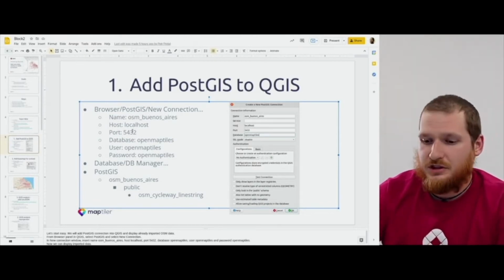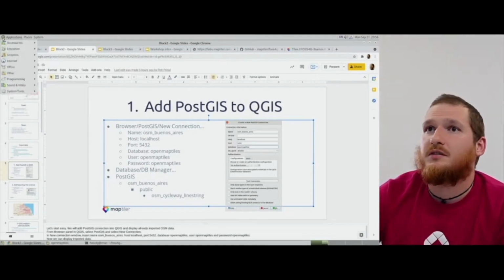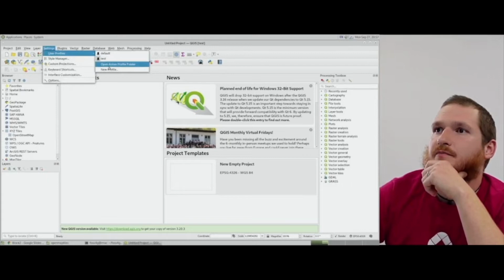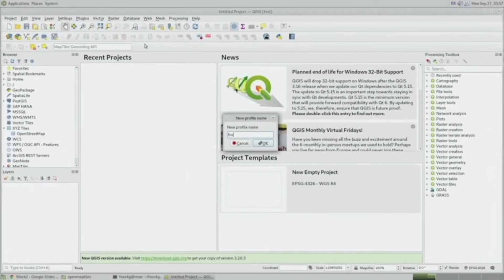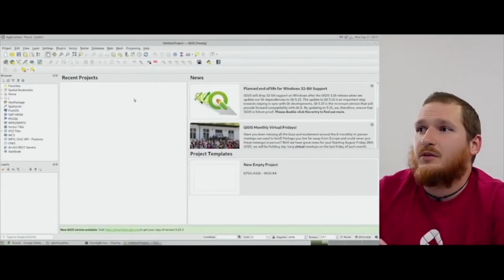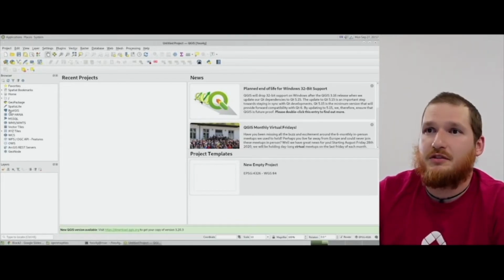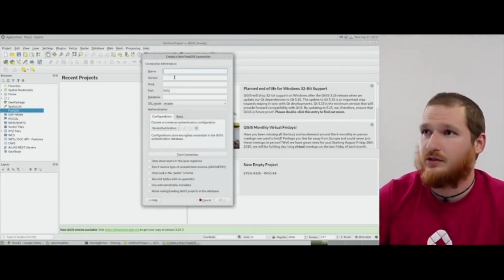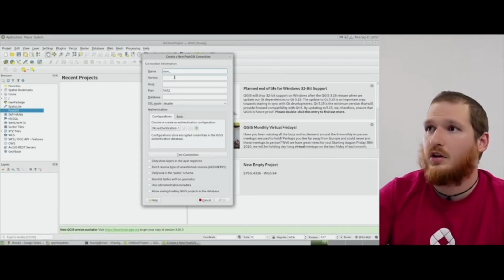Okay, let's open QGIS. I will create a new profile. So we have an empty project in QGIS, and we want to add the PostGIS connection. Click on PostGIS, new connection. We can call this some name,